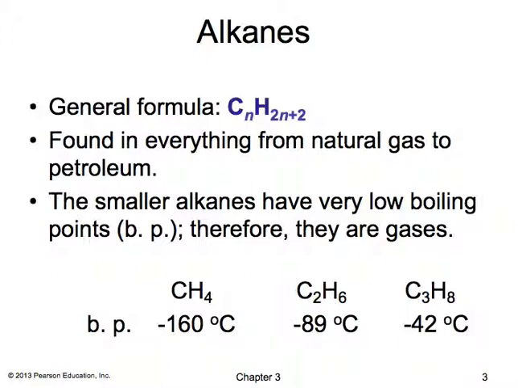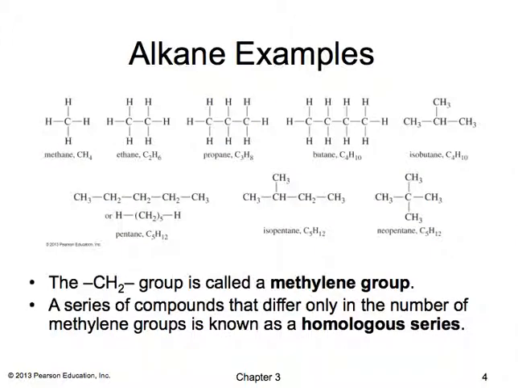Now, alkanes have the general formula CnH2n+2. They're found in everything from natural gas to petroleum. The smaller alkanes have very low boiling points, and oftentimes exist as gases. As you can see here, methane, ethane, and propane are all gases. Here are some examples of alkanes, starting off with methane, the smallest unit of alkanes, all the way up to neopentane,